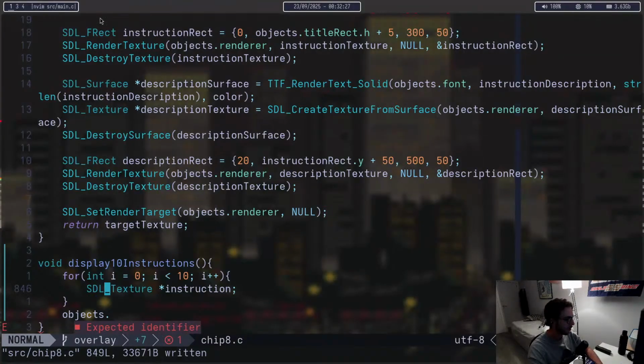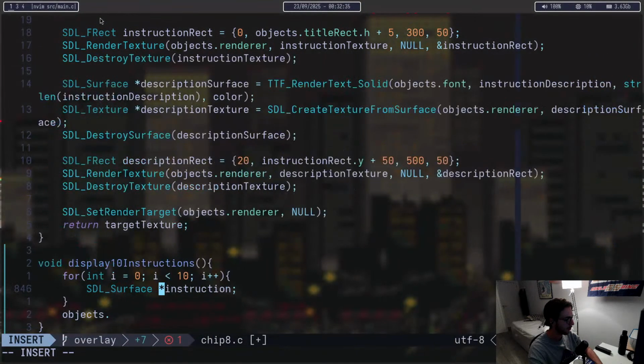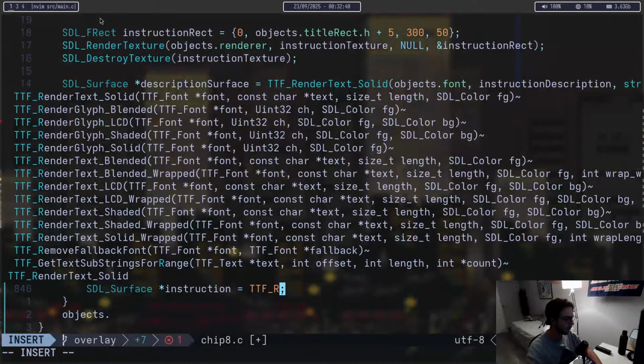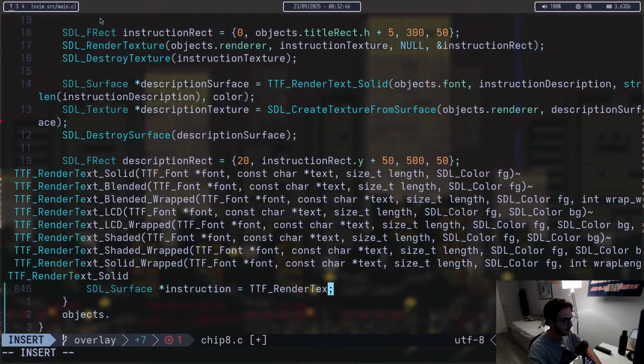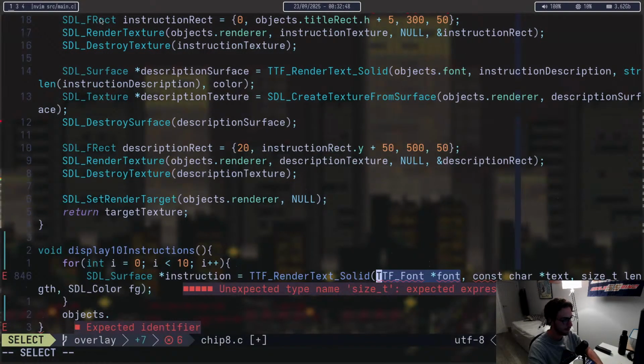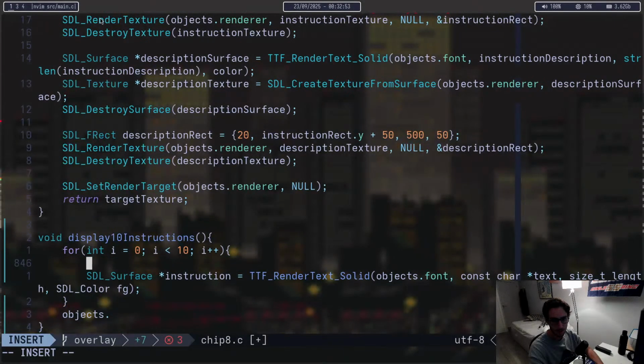So basically when I get this thing texture, it should be first a surface. Should be surface. Should be TTF, but I should also get the actual text. I'm gonna render, I'll just start with font. Day. So I would need to keep some sort of track of the current instruction that I'm executing, which I guess